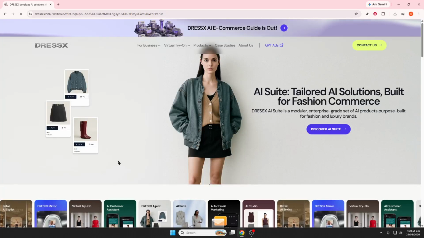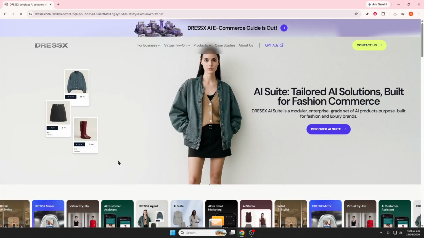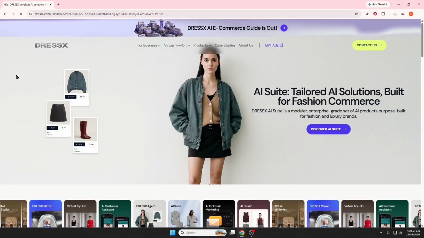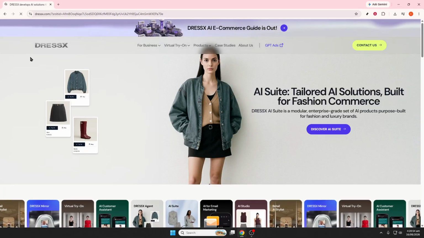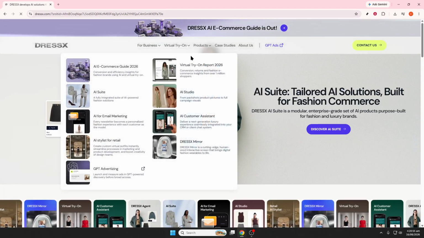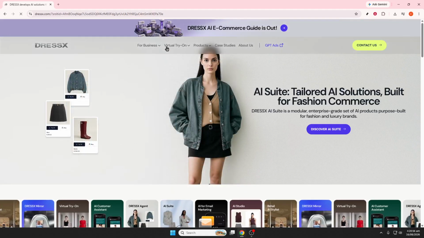In today's video, I'm going to teach you how to check my orders on Dressx. To get started, open the official Dressx website in your browser. Once the homepage loads, look for the Login option, usually located near the top of the page, and select it